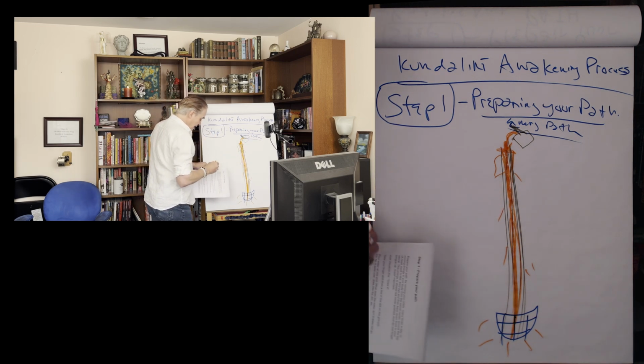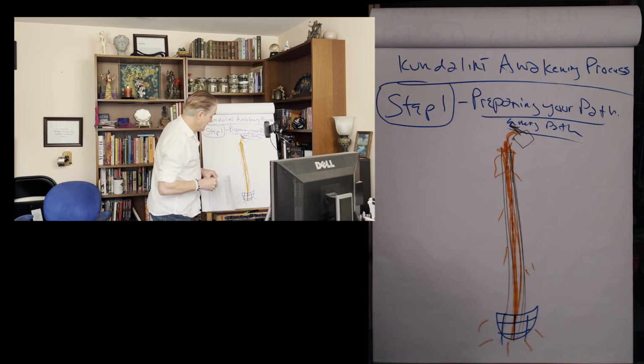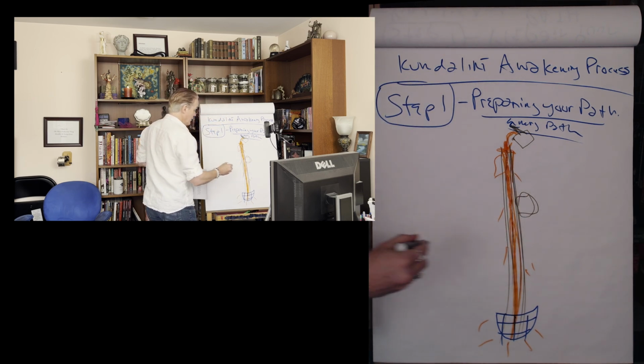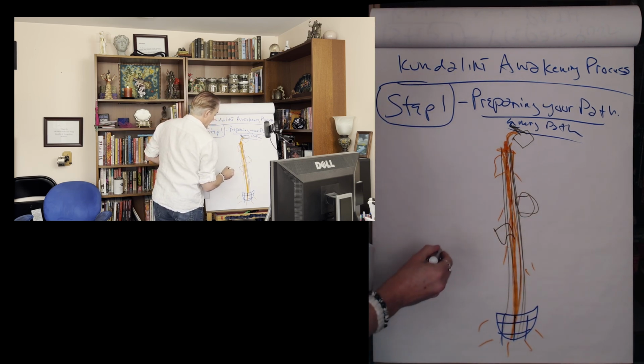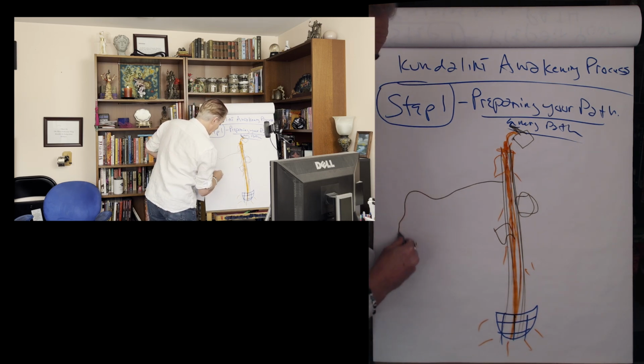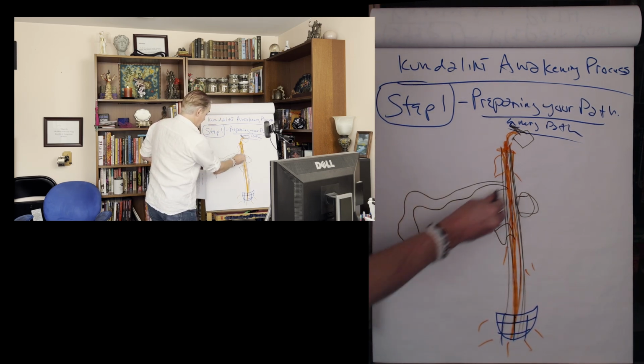You might have some things in that energy, right? Maybe you had a rock. It's called a blockage, and we're going to go over that in other videos. Maybe another blockage, right? Maybe you had a diversion, right? Maybe your path went like this, over here somewhere, and the energy's going that way.